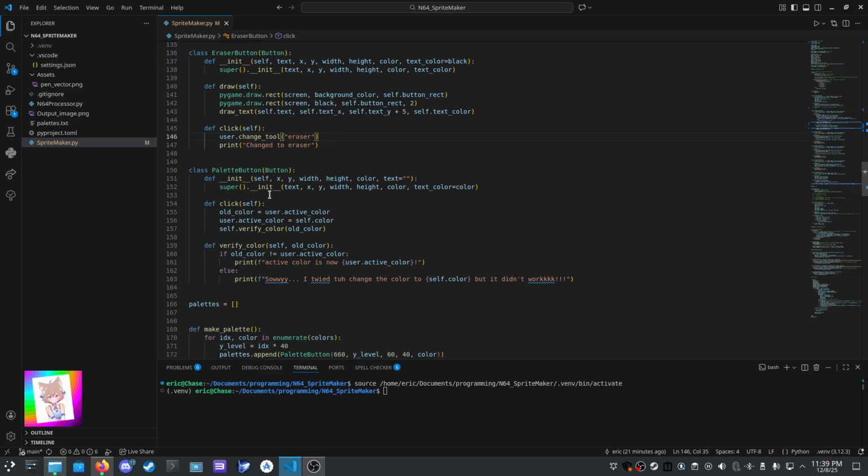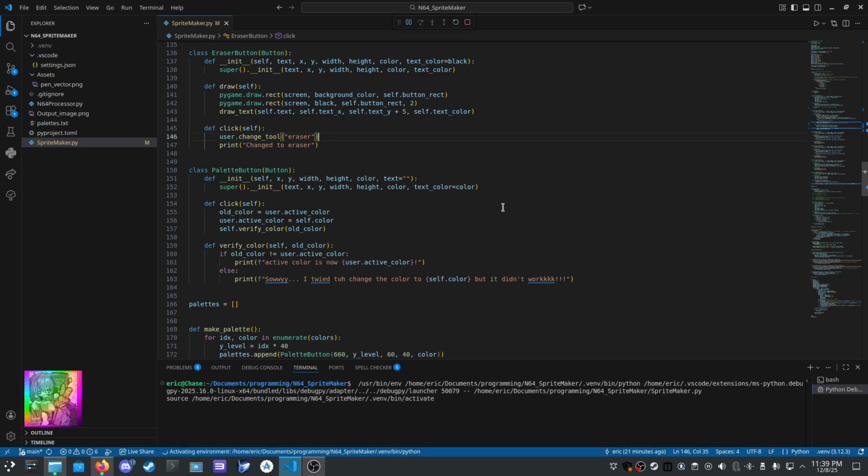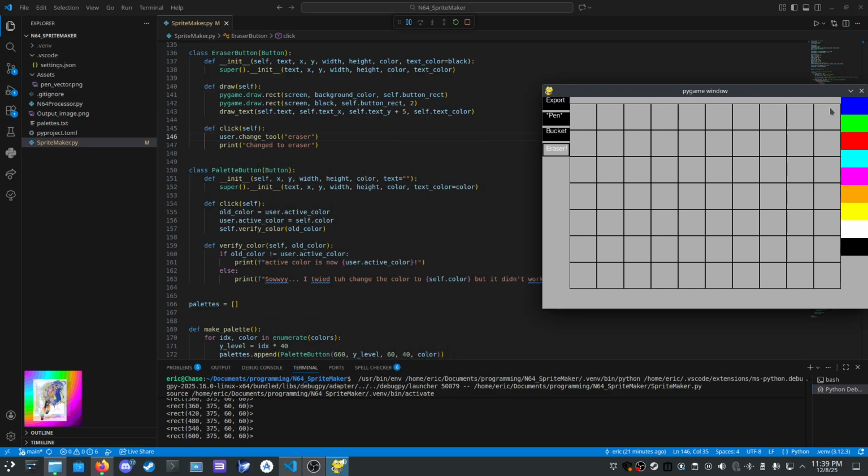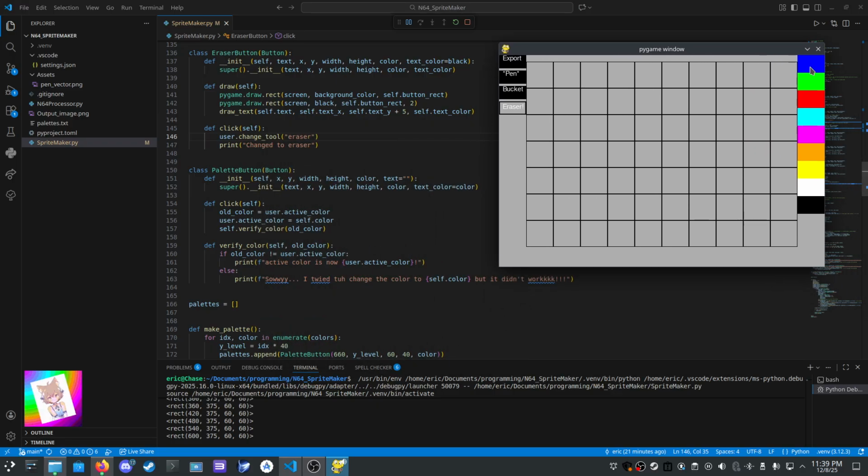Coolio, palette button. For each palette object, I'm going to just run it and show you. This is it. Looks pretty ugly. Yeah, I know. This is all hand scripted. It's not going to be pretty. Each of these is its own palette button object, and each one has its own click method.